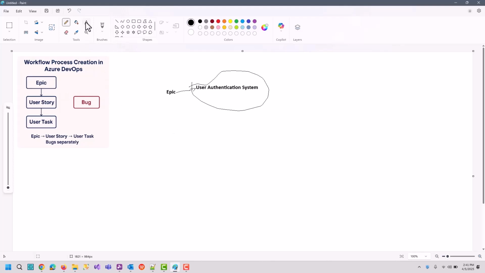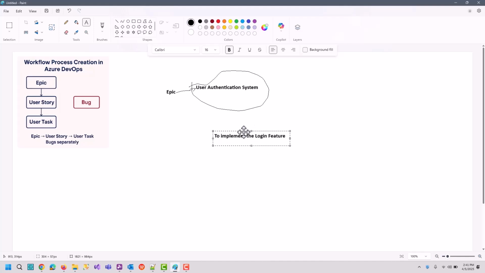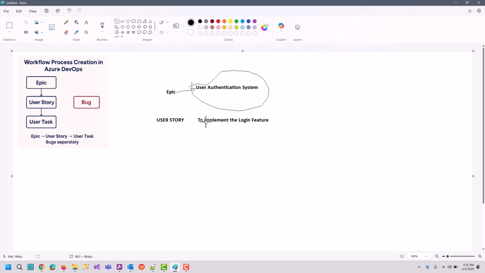So let's say, to implement the login feature, this will be your user story. Okay, so this is epic, this is user story, this will be the child of this.